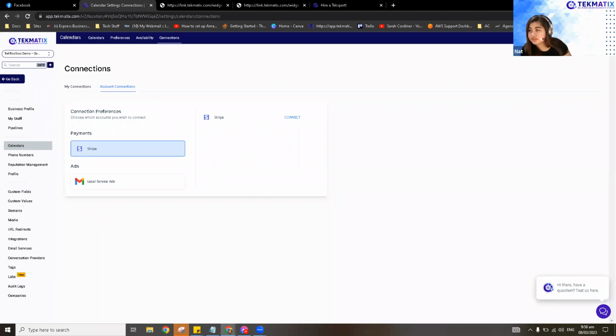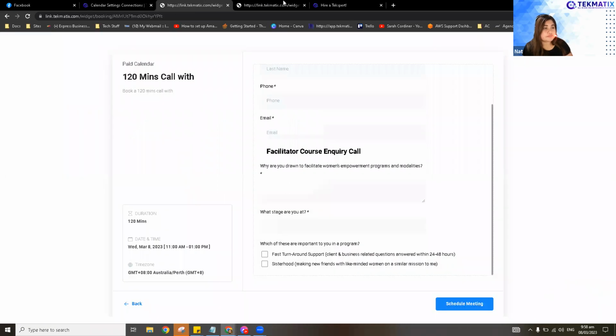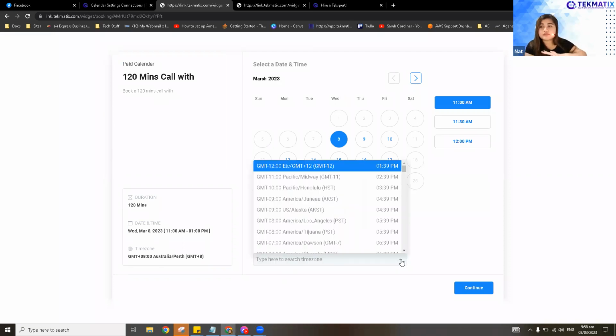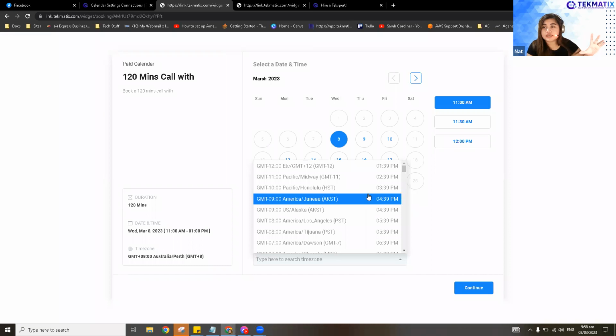So yeah, I think we're good. Cadence, is it easy for clients to change the time zone? Yes, hang on. Let me just show you how to do that. So here, Cadence, you will see this exact calendar we have. You will see this drop-down here below. Your students or your clients will be able to easily switch to the exact time zone on their end.